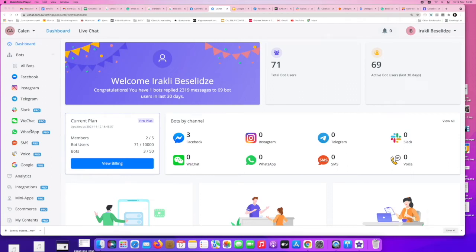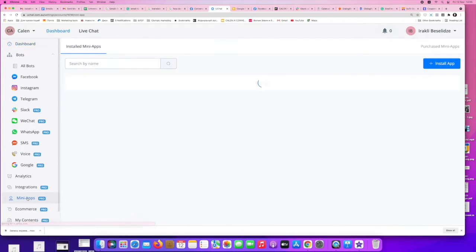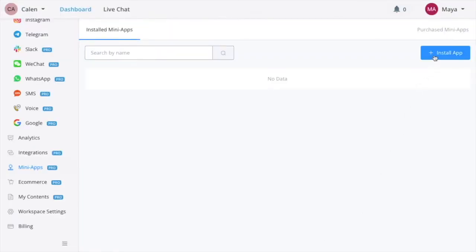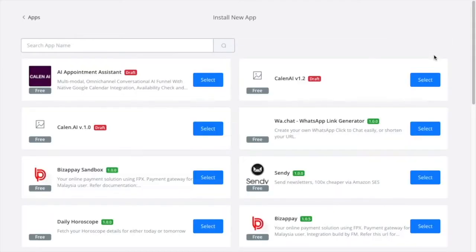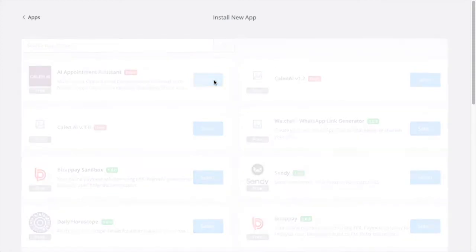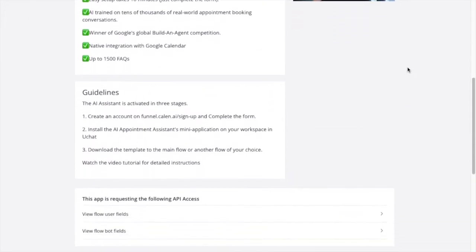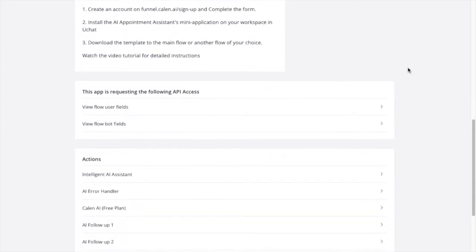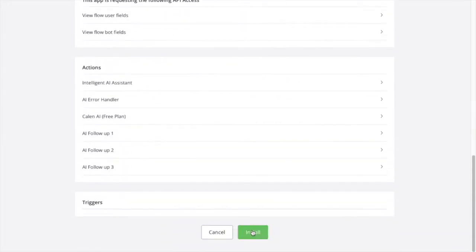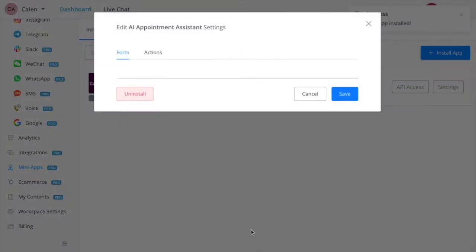Now let's install Mini App and see how all that works. Okay, let's go to Mini Apps tab here, press it, then press Install App. Select AI Appointment Assistant, our Mini App. And before installing, just go through the guidelines and press install. Good. Press save,